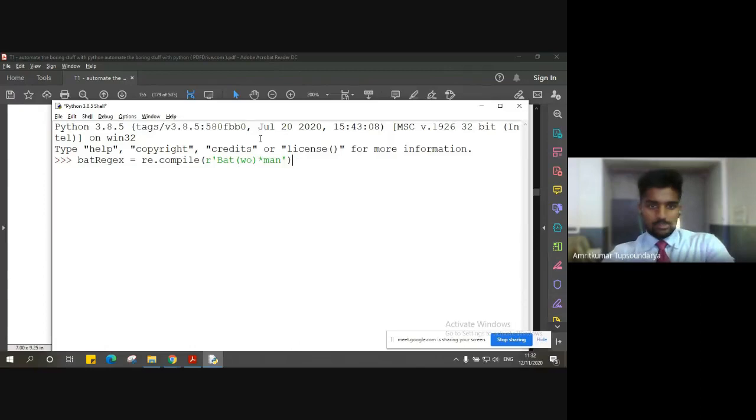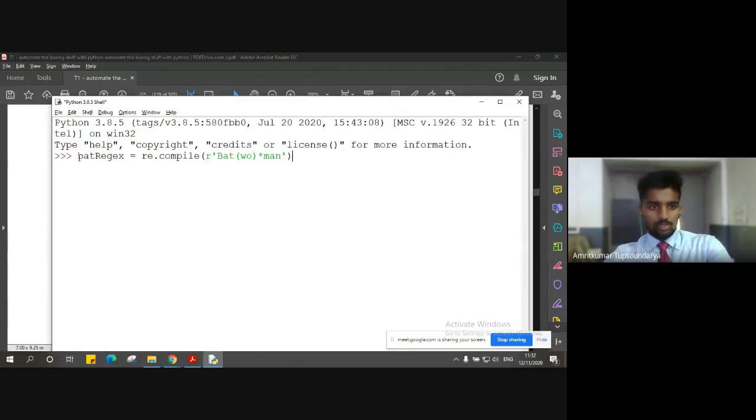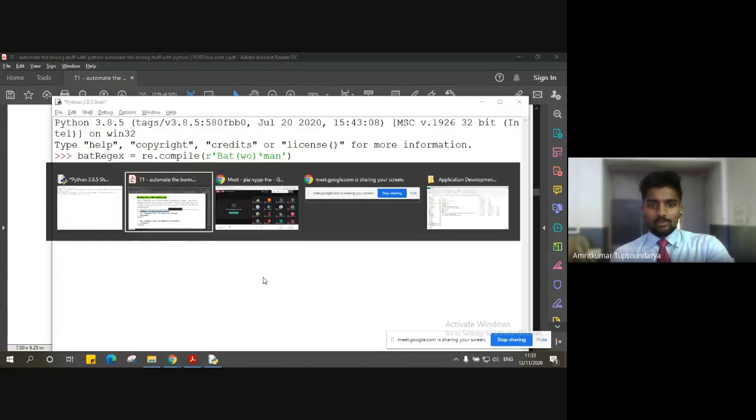Can anybody guess what will be the output for this? I'm giving the regular expression equal to re.compile of the raw string: WO followed by an asterisk, which means zero or more instances of WO, and then man. So this complete thing is my regular expression. Can anybody guess the output? You can try executing it on your laptop also, and then tell me.